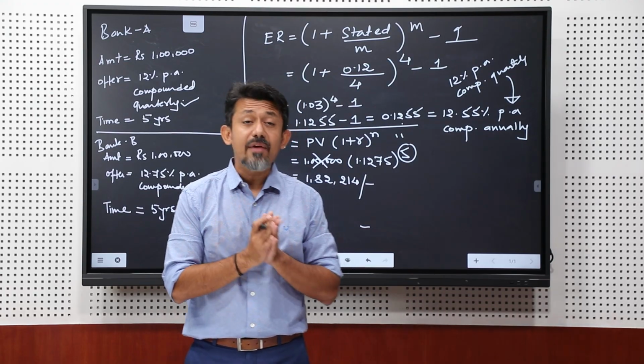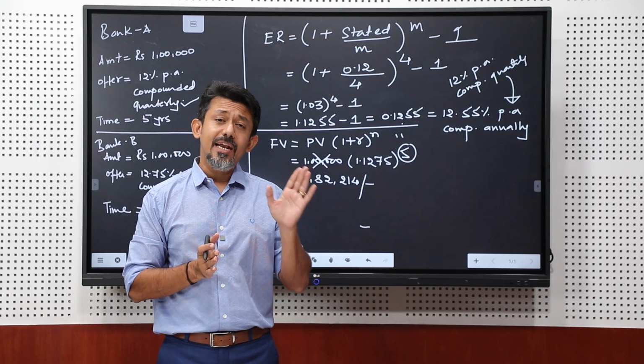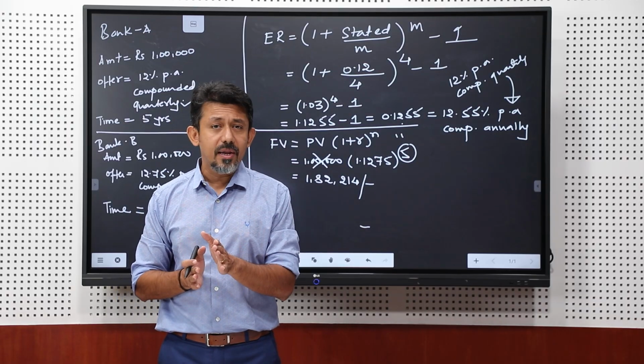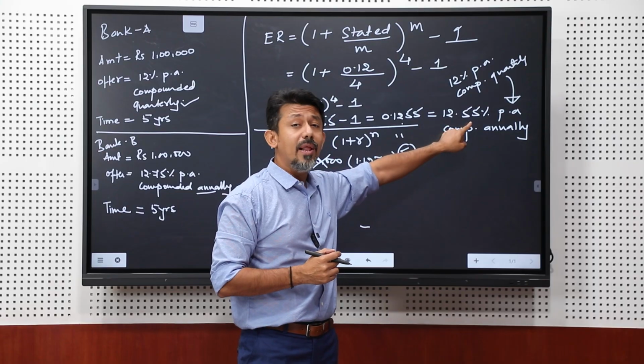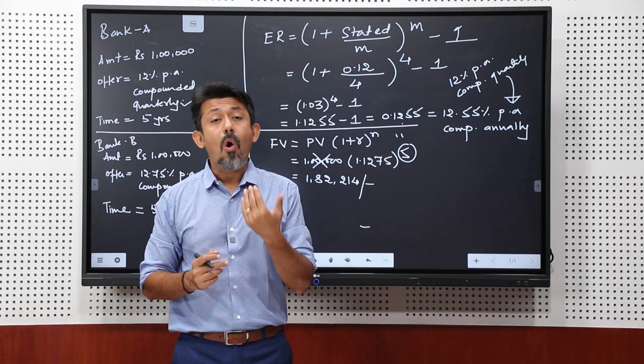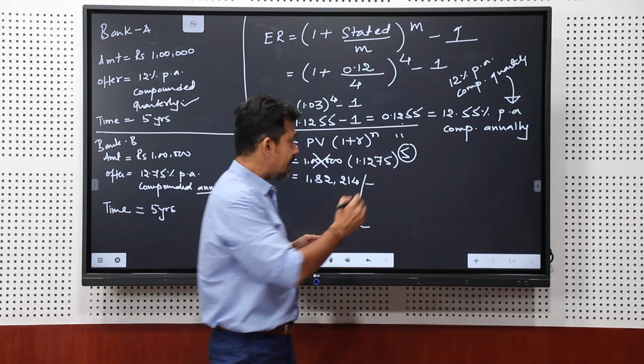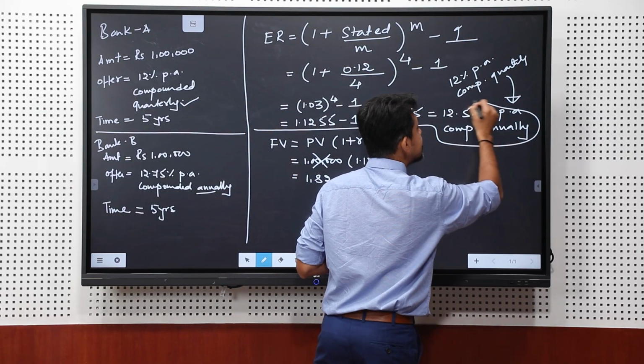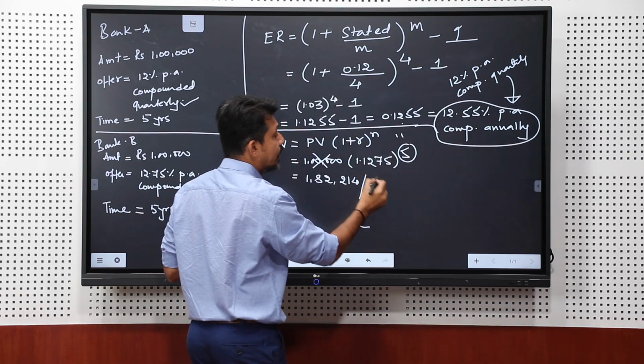In other words, I would be indifferent in getting 12% on a quarterly basis or getting 12.55% on an annual basis. Now, when I compare this 12.55 with this